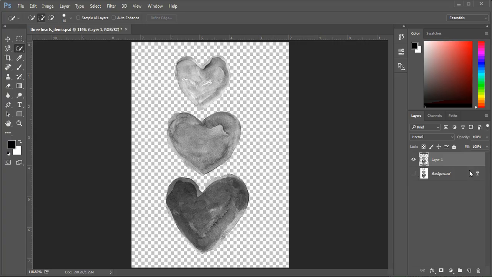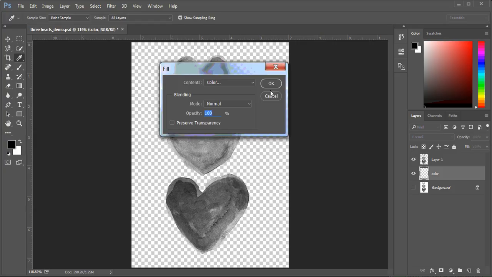Two things happen now. You could make a new layer, but it's a blank layer and it's on top of the hearts. I'm going to Control Z to undo that. If I hold down the Control key and click the layer, it makes a blank layer underneath the hearts artwork. And this is important because we're going to add a color, right? And to do that, we're just going to do